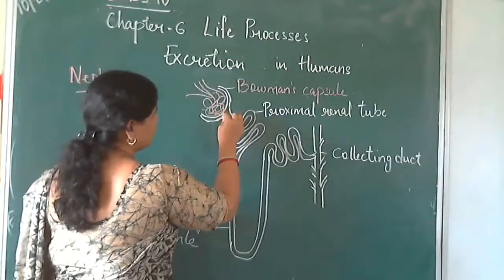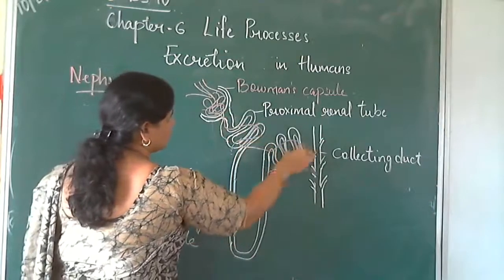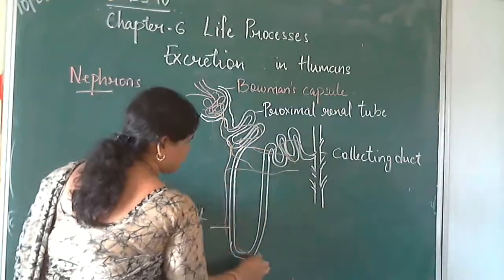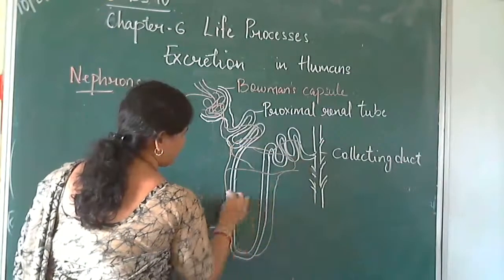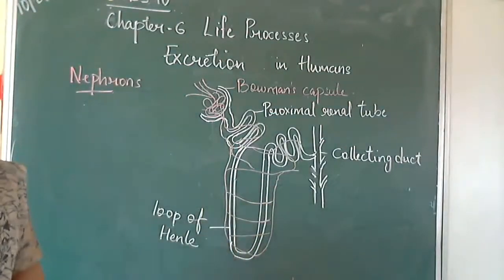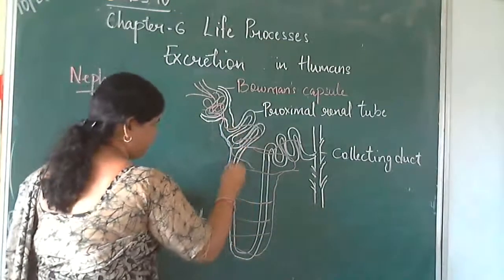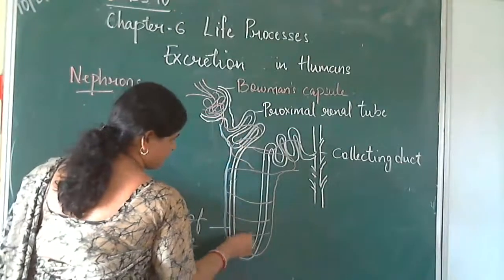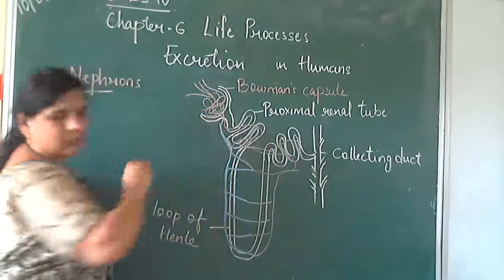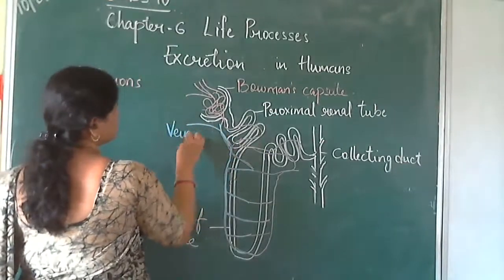Also forms a network around here. Okay, this artery also forms a network over here. They too form a network. Okay, it forms a network. Understood? So from here, this will be your vein which is coming out.